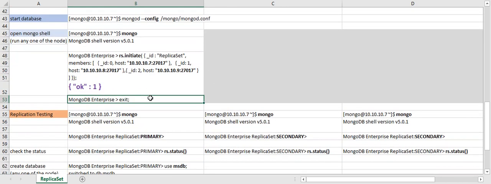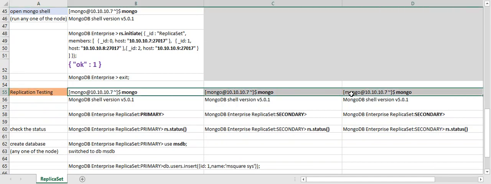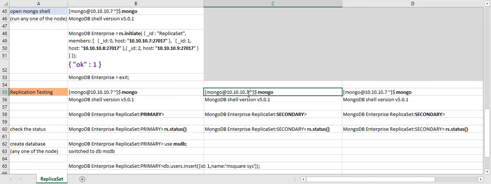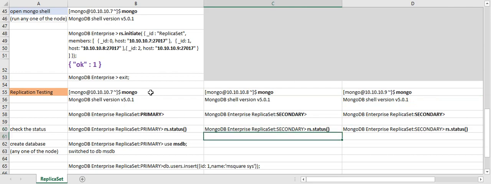Next I am going for the replication testing. How do you test whether it is running correctly or not? You go to the Mongo console again. Here the IP address is 8, so there is some mistake, and here is 9. On all three terminals you need to run this particular shell command.